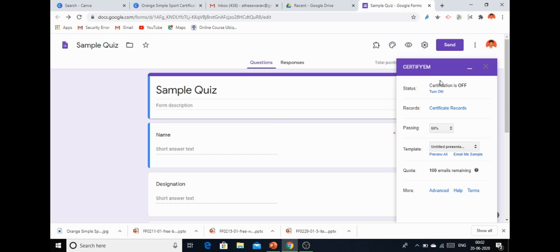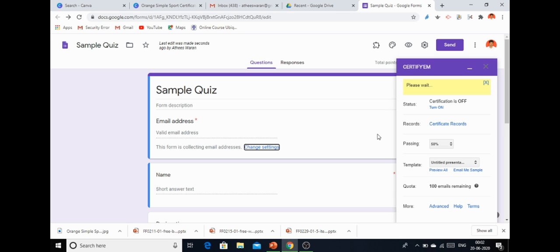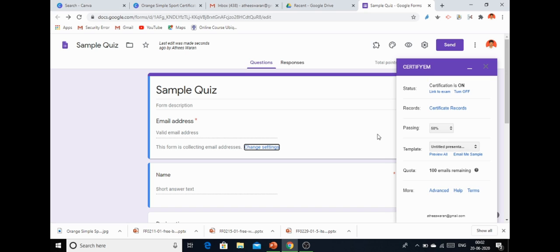Now I am turning it on. If it is turned on, once you submit the quiz, the certificate will be delivered automatically. Otherwise we have to deliver it manually. Each day you can send 100 certificates. After reaching 100 in one day, it will be turned off automatically.